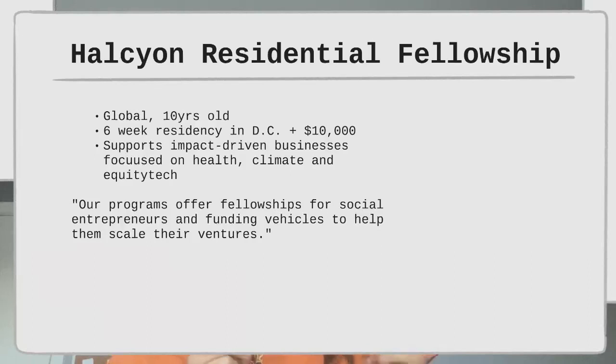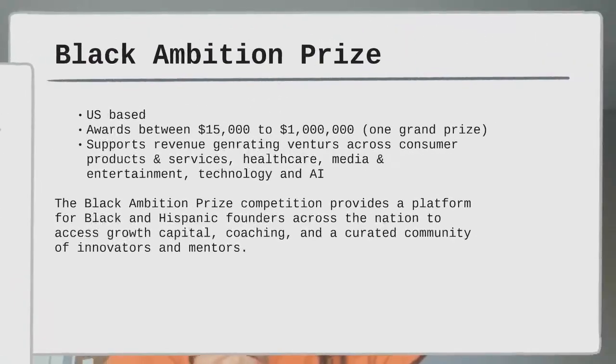Now, what I will put as a caveat with the $10,000 is 5,000 of that 10,000 is actually an Amazon-like credit. And so it's unique to Hasseline. We see this in other funders too. Most funders give unrestricted funding, but sometimes you got to really look at the fine print, go to their Q&As, go to their webinars so that you know if there's a specific place where you have to spend that money, a specific area you have to spend it on, or something like that. They support health, climate, and equity tech. Okay, so they're a tech organization as well.